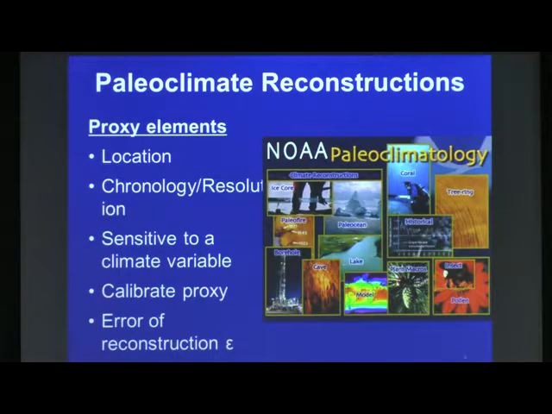The next step is we need to calibrate that proxy. If we're talking about tree ring records, we're looking at variations in growth widths from year to year, so we need to calibrate that to a precipitation record. So we're going to calibrate the proxies. The last step is the error in that reconstruction. Think of it as if we had an instrument and we were going out into the bay to take a measurement. That instrument has a precision. We need to understand what that precision, or the error of our reconstruction, is. So these are all things to consider.